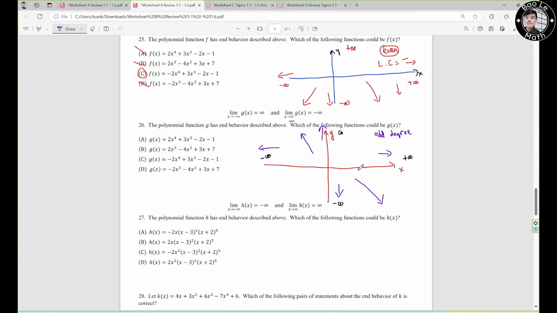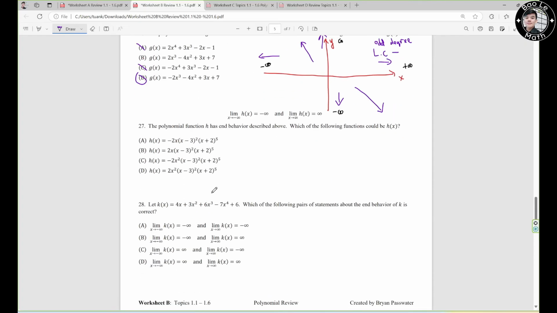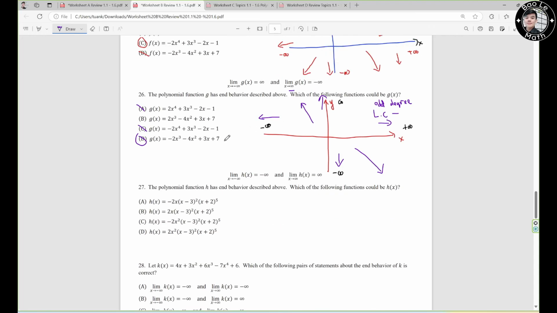Okay, and then because the function is pointing up to the left, which means the leading coefficient is negative. Alright, so we look at this one right here, odd degree, we need to cross out this guy and this guy. Leading coefficient is negative, we need to pick D. Now number 27,